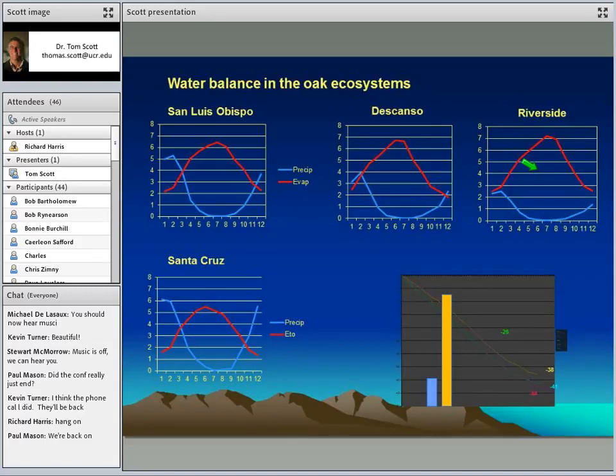So just to illustrate the concept of transitions, these are all curves of evapotranspiration and precipitation in parts of the hardwood rangeland or the oak woodlands. And the intriguing thing is you have curves where basically the evaporation potential measured in inches, just like precipitation, has a high point in the middle of summer, as you might expect, and then declines with the fall and going into the winter.